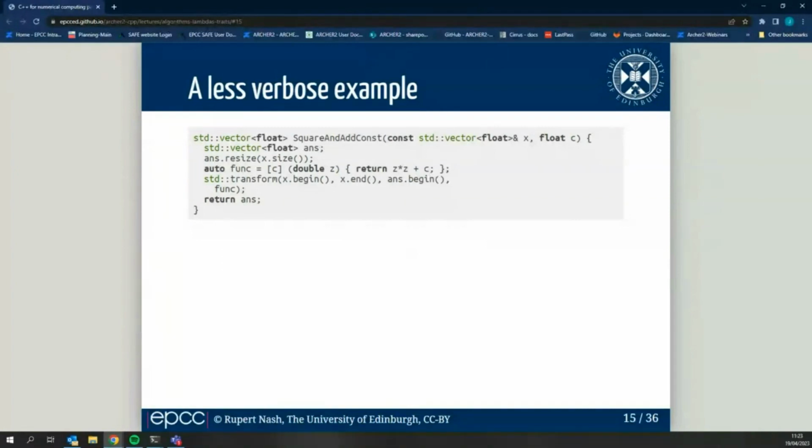You then have a list of arguments. So this is a double Z that returns the function body, which is Z squared plus C. You don't have any concept of exponentiation in C++, so Python uses this might be kind of different. And now, when you call the transform on this, the syntax is the same until the